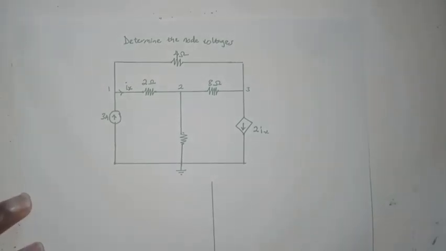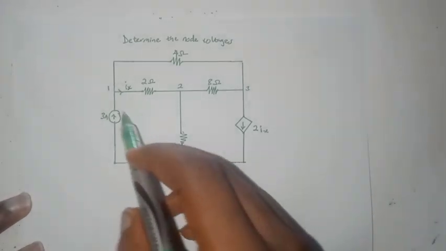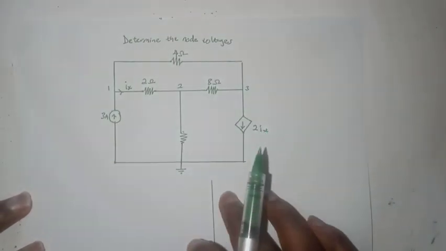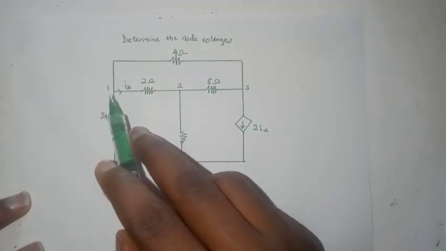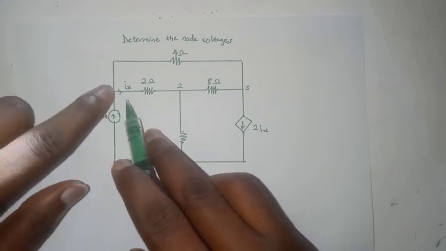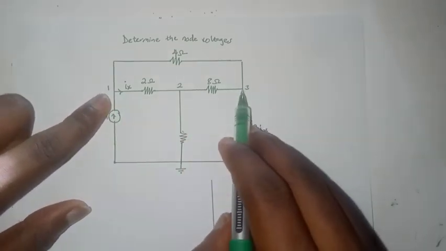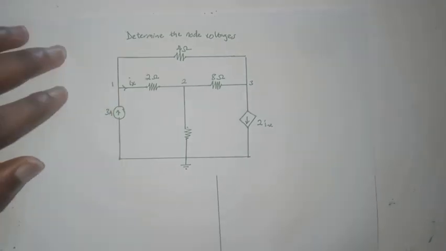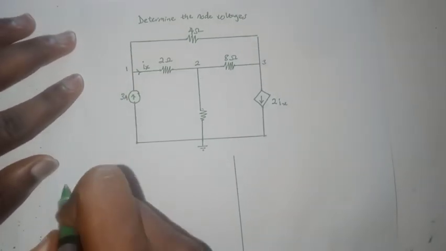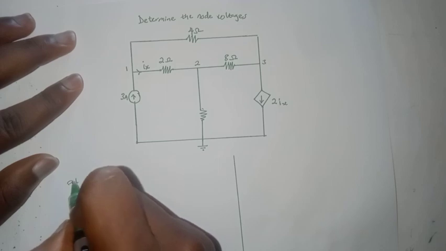So in this video we'll be trying to find the node voltages of the circuit, and as you can see we have been given our reference node and our nodes have been numbered for us. So all we have to do is proceed to write the KCL equation the way it is written in nodal analysis. So at node 1,